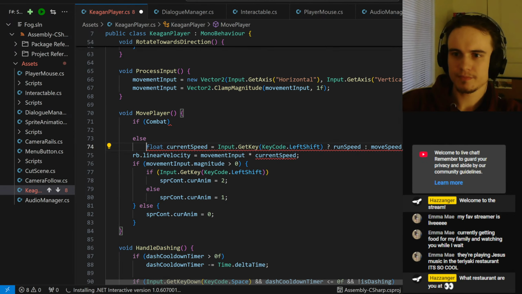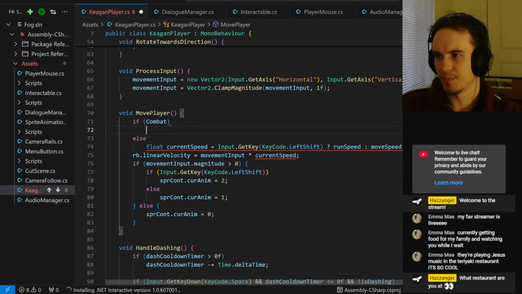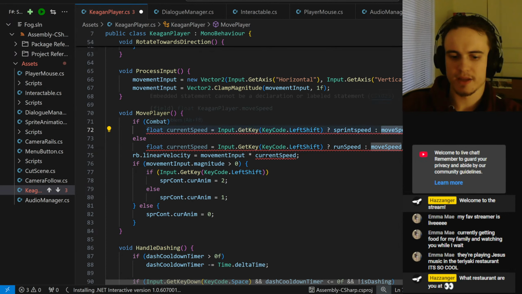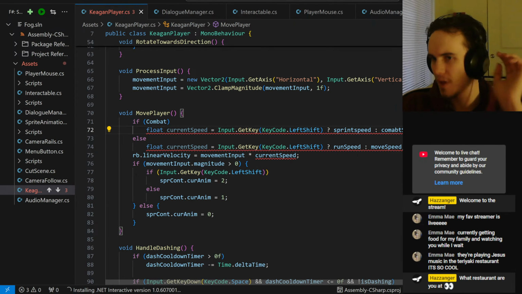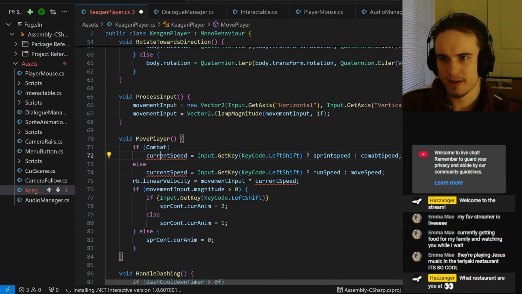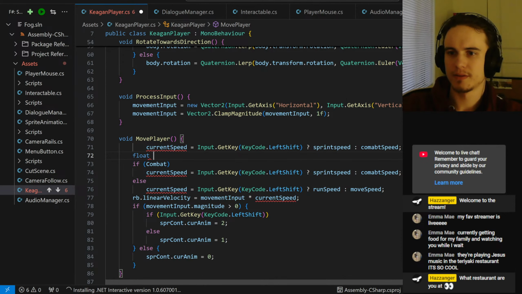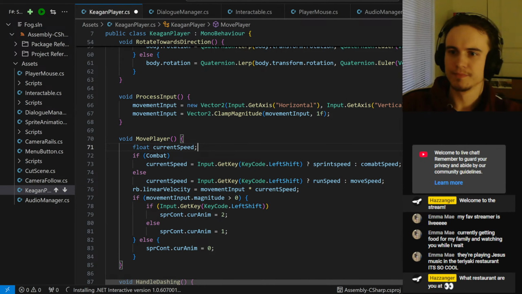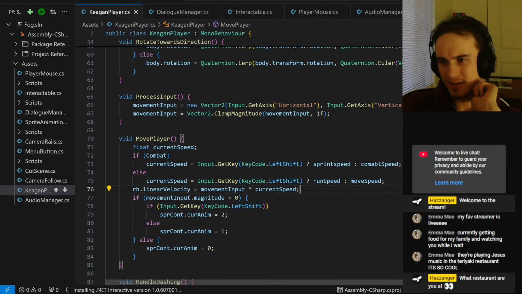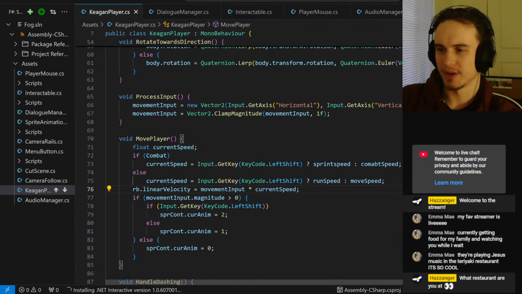Okay, so if combat, else, we can pretty much just copy this over, and now we just go sprint speed and combat speed. Okay. Right. Can't instantiate that, so we just gotta float this. There we go. Okay. Close enough. Is it the best, prettiest? No. I guess what we would be doing here is,